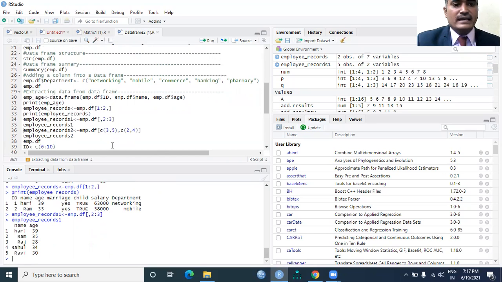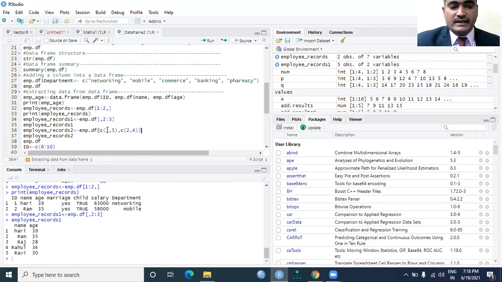So that's how we can do the row wise extraction and the column wise extraction with the help of the data frame function. And I can even extract things in such a manner. In the employee_records variable, I would like to extract the content from employee.data frame.